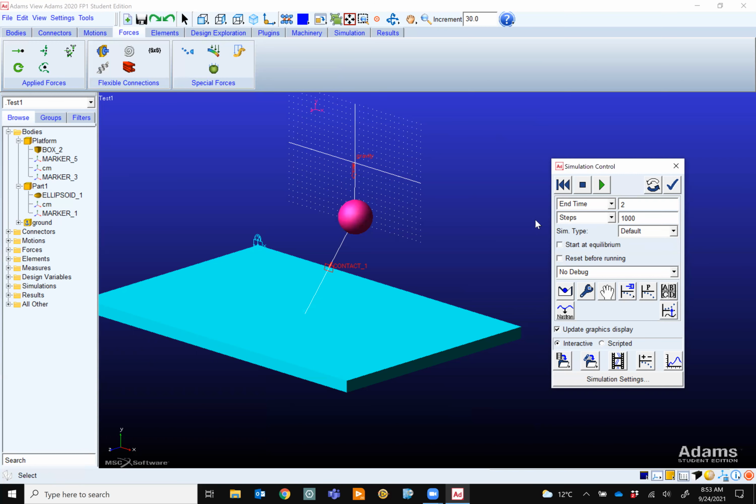Let's use smaller steps and see what will happen. So I change it to 1000. Now the program can calculate everything clearly. So it comes, hits that thing, moves a little bit, similar to what would happen, and bounces back and moves. Right. Cool. And then you see it's falling off from that.